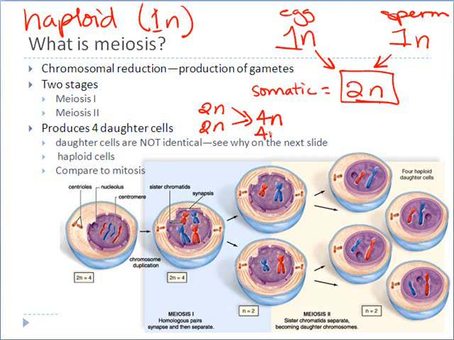And if they mate with somebody who's also 4N, the next generation, now we have an individual that's 8N. Now this individual has 8 times as much DNA in their cell. If they mate with another 8N person, now we have a person that has 16 complete copies of chromosomes in their cell, and so on and so forth. And over not too many generations, you can literally completely overwhelm the cell with chromosomal material that doesn't need to be there. We only need 2 complete sets of DNA, the one set you got from mom, the one set